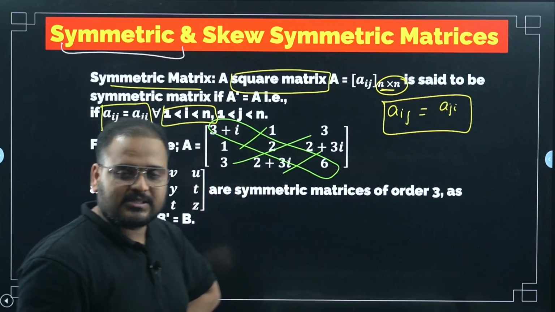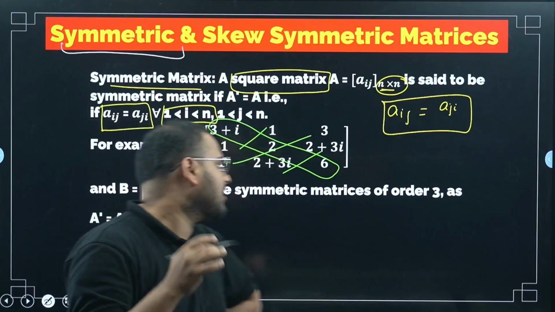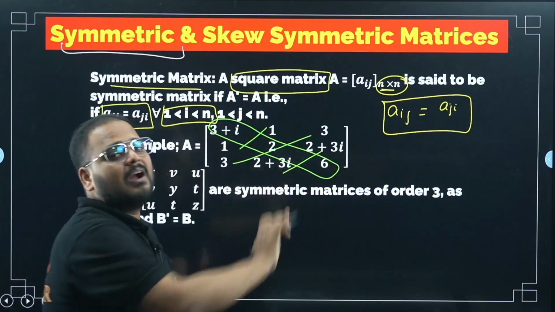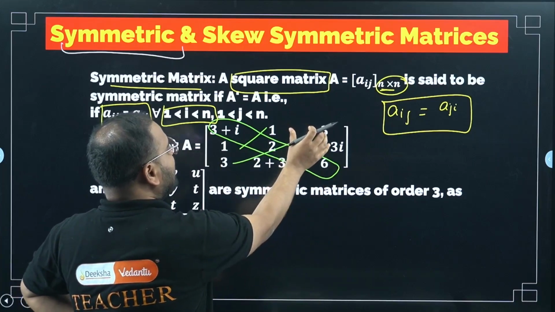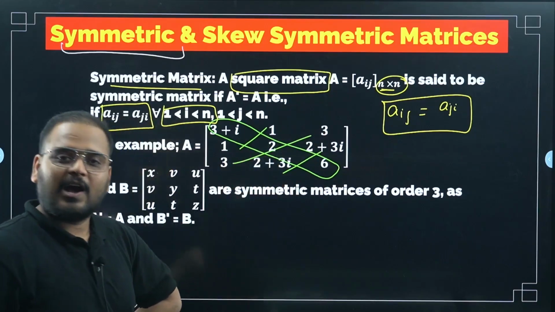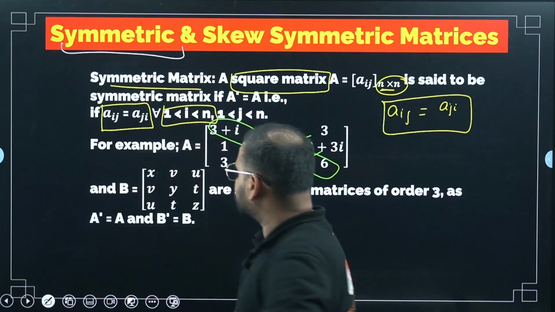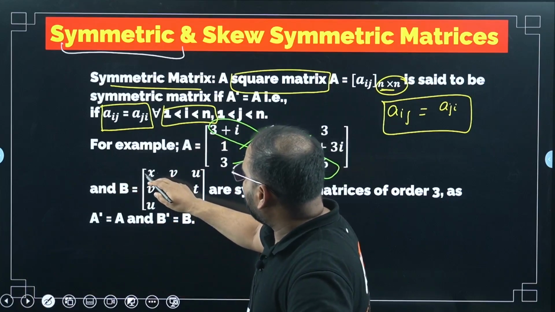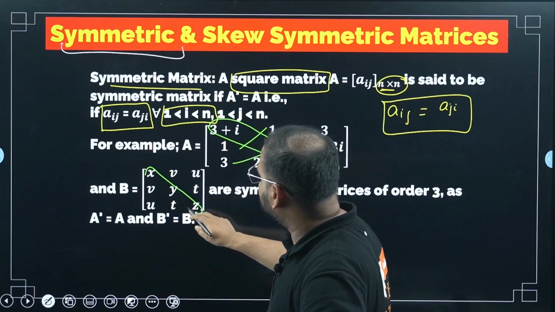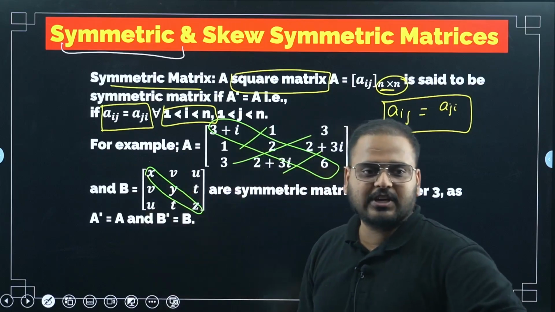Whatever the elements are, real, complex, or a function, the matrix has to be symmetric about the diagonal. It means the upper triangle should have a mirror image in the lower triangle. I hope this is clear. Check for this question. Again, x, y and z will be kept as diagonal. No change in x, y, z.